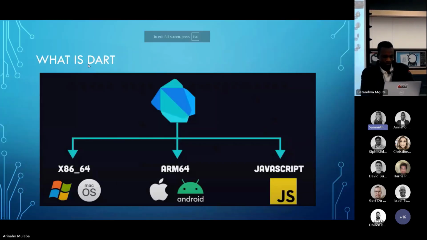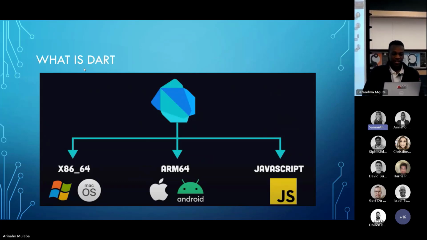Dart is a type-safe, object-oriented, compiled programming language. It was also developed by Google, and its first release was in 2011. It is unique in that it has the ability to compile to multiple targets: self-contained executables for x86-64 for Windows, Mac, and Linux, ARM machine code for mobile, so your Android and iOS, and JavaScript for the web. And as of Flutter 3.22, you can now compile directly to WebAssembly.